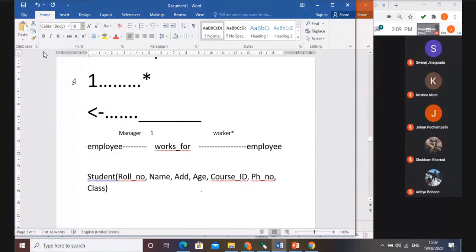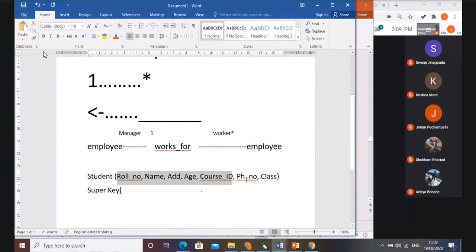Now here, in one line it is better to see. You can see this all together is my super key. So my super key over here is... okay. So the super key is done. Now I have identified the super key with all the attributes of my table. Now from this super key I have to find out the candidate key.